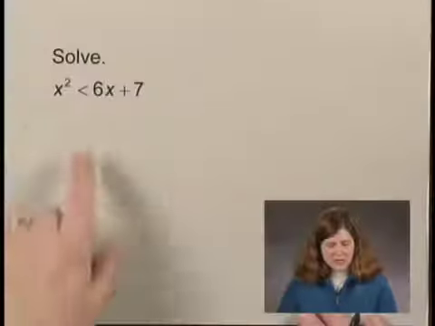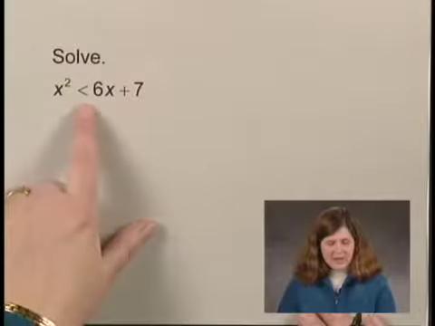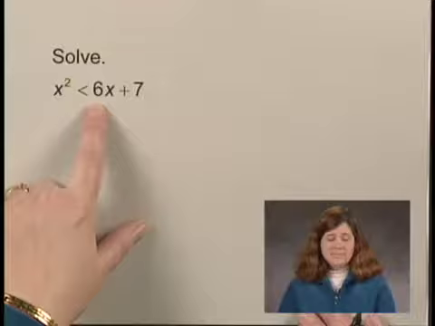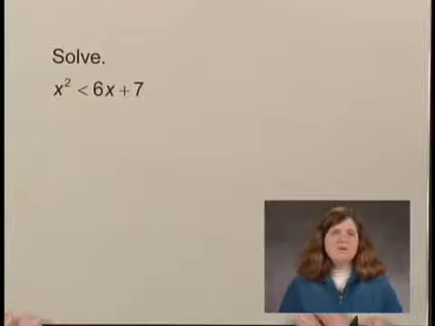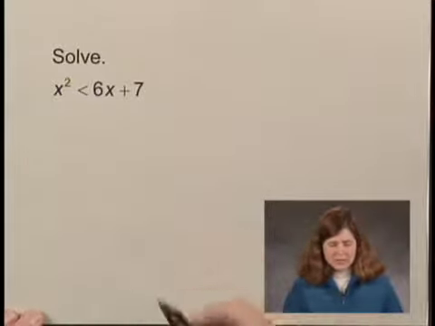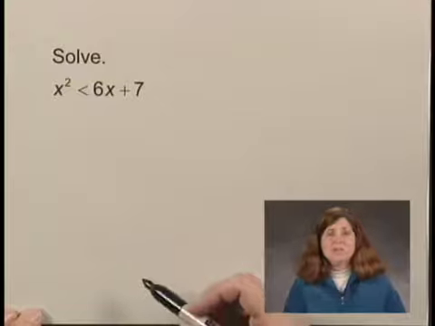We're going to solve a quadratic inequality. We're going to find all values of x such that x squared is less than 6x plus 7. When we solve a polynomial inequality, of which this is an example, we get 0 on one side of the